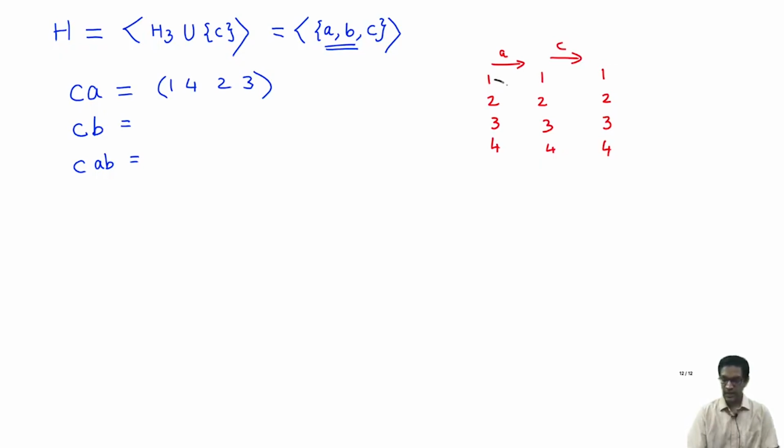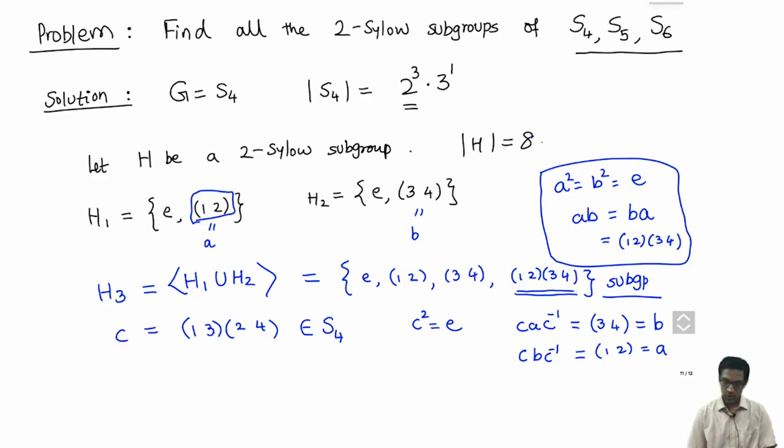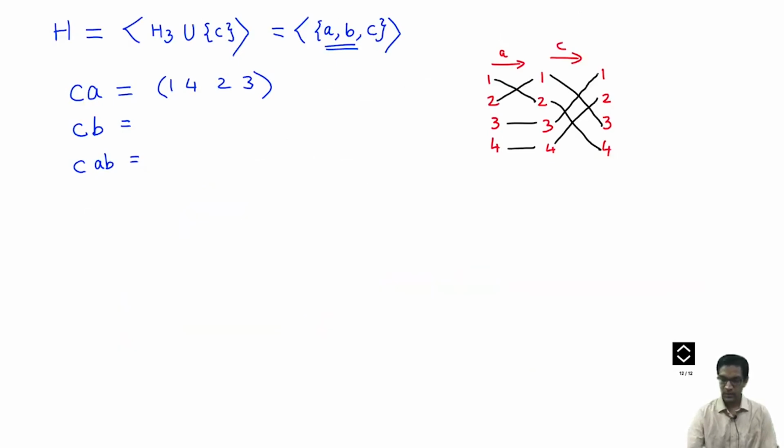So recall what was A? A maps 1 to 2 and 2 to 1. It maps these other two to themselves. That's what A did. And now what is C? C maps 1 to 3, 3 to 1. It maps 2 to 4 and 4 to 2. Right? Let's go back and see what C does. C was 1 3 2 4. So it swaps 1 and 3, and it swaps 2 and 4. So that's what this is: 1 goes to 3, 3 goes to 1, 2 and 4 go to each other. So now I have to compose these 2 maps and ask what the full composition looks like.